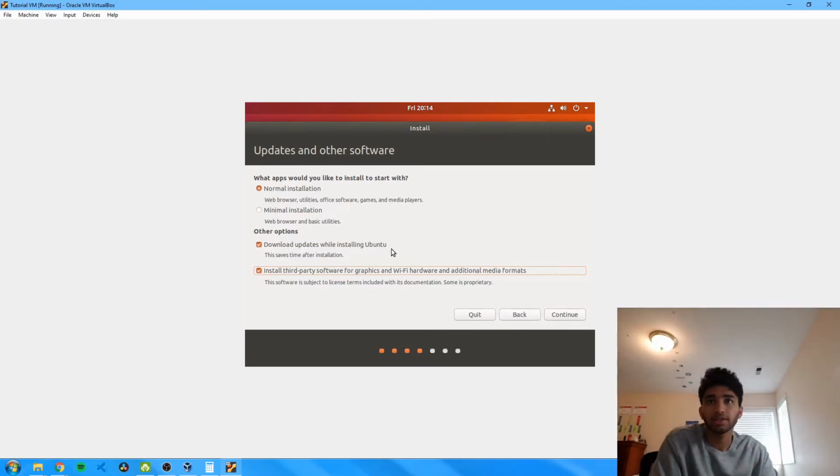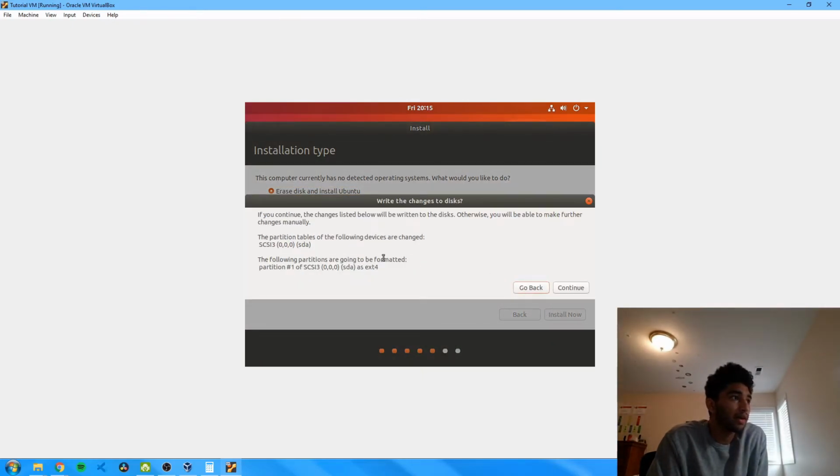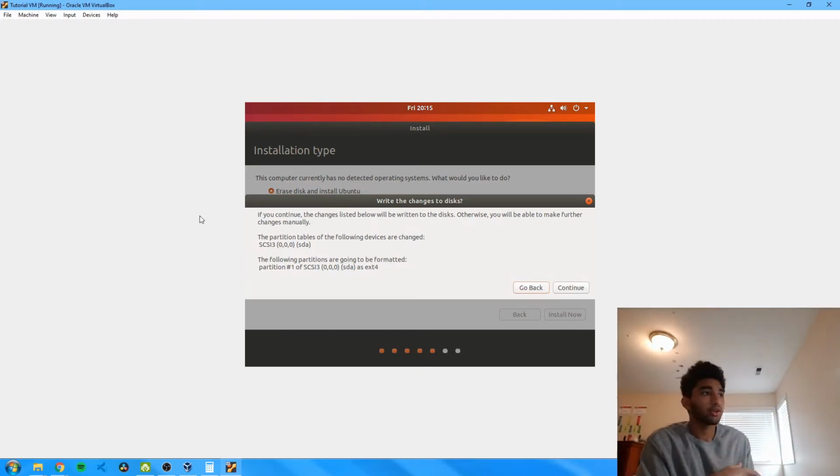You can leave them unchecked and then install them later, just so it won't install some stuff you won't want, just to keep the size down a little. But I'm just gonna leave them checked. Then you're gonna want to check erase disk and install Ubuntu, and then I'll just press install now. And then it'll just ensure that you want to erase the thing that you're going to erase. But since you're in a VM, this is the only drive. So I'll press continue,